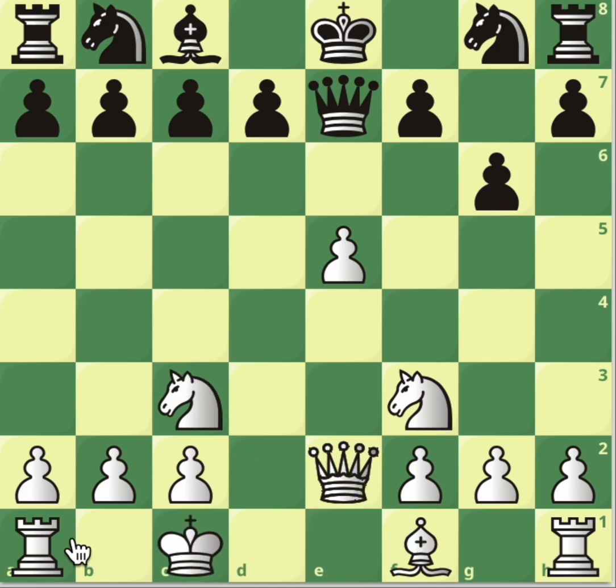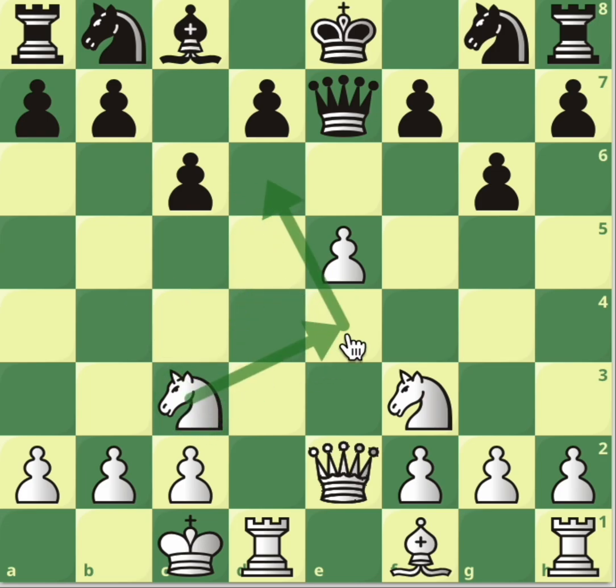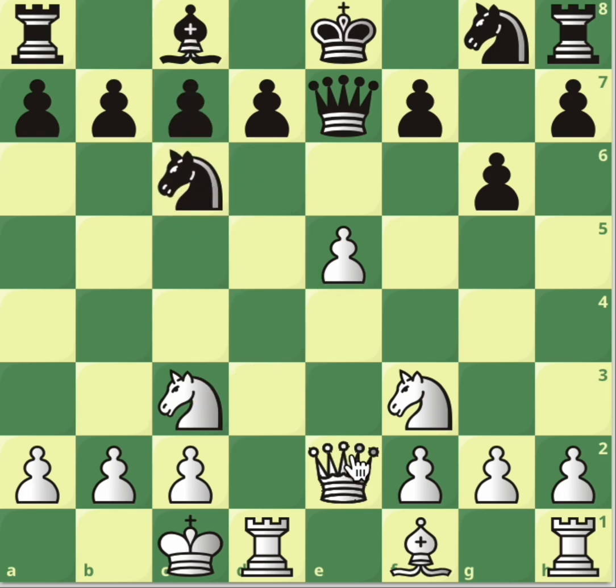Either way, you're going to play castle. Position is fantastic. Knight to c6. Remember, a move like c6 seems to be stopping the knight from going to d5 or b5. But that allows you to play knight e4, because then c6 leaves a weakness on the square d6. So after knight c6, queen e3,